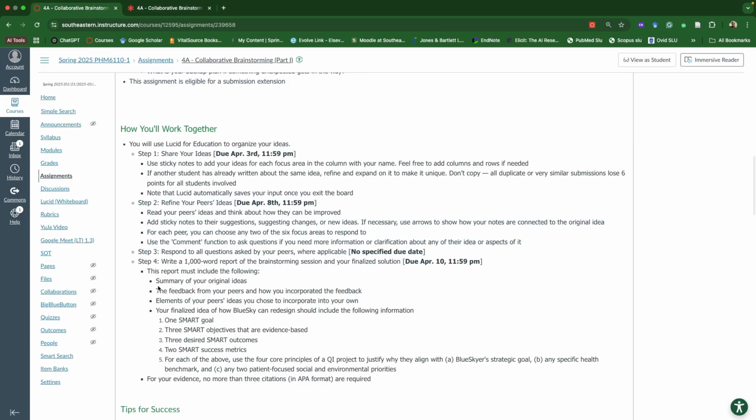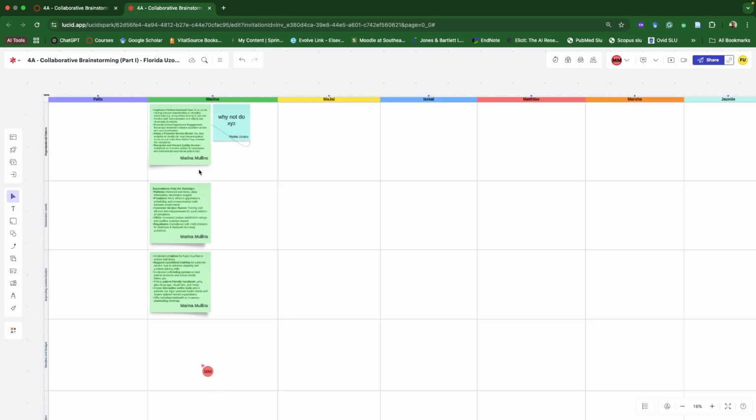Yeah. So that's what I can do to indicate when I'm doing my suggestions. Remember, this part says, add sticky notes to their suggestions, where you are suggesting changes that they can make, or just giving them new ideas that they should consider. Now you can use sticky notes to kind of link to that.